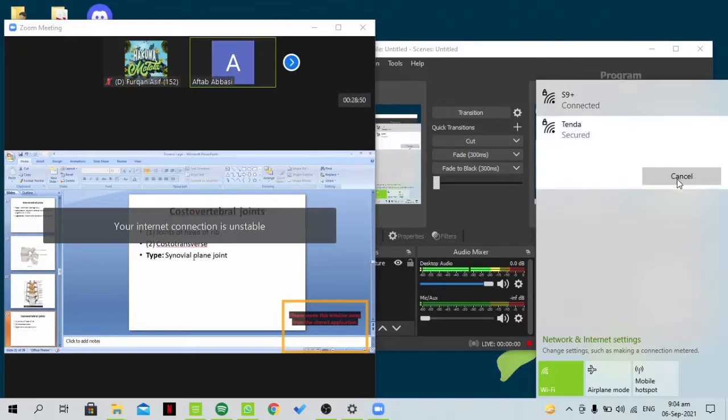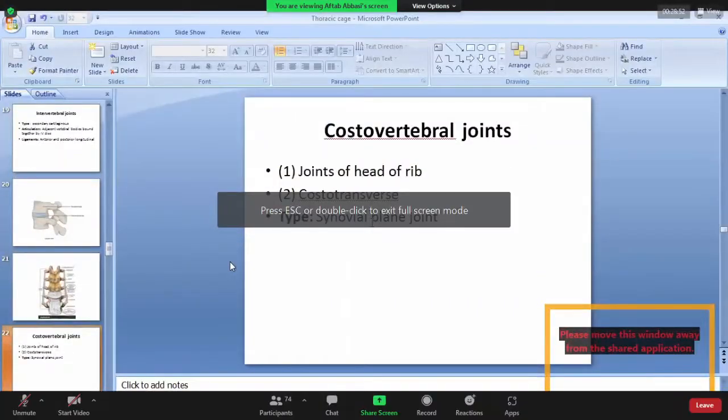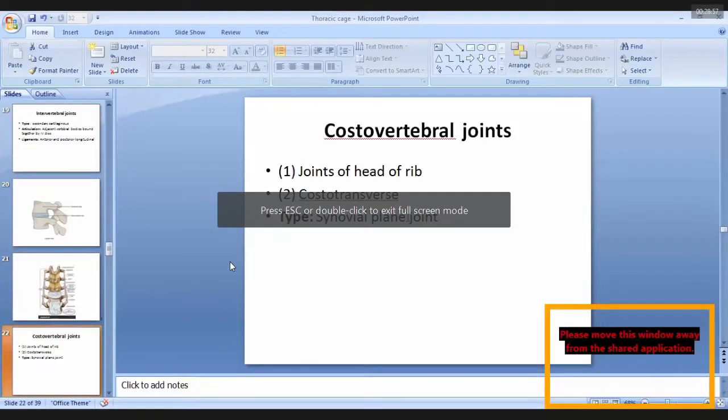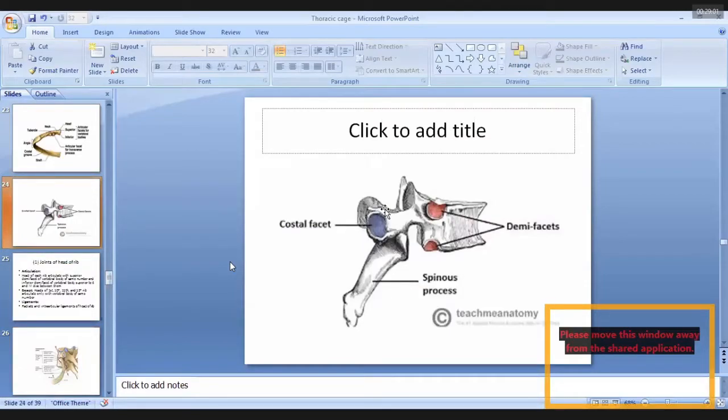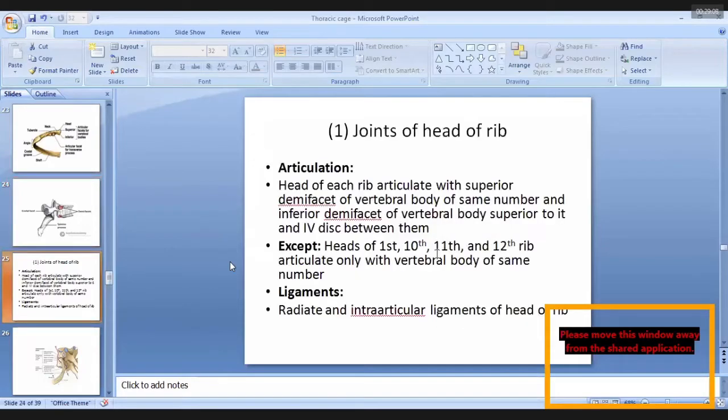So again, these are the parts of the rib. On the head of the rib, these are the facets, with the tubercle of the rib that is present on the transverse process, and these are the two demifacets of each vertebrae. So the first type of joints are known as joints of the head of the ribs. The articulation is between the head of each rib and the superior facet of the vertebrae of the same number. For example,